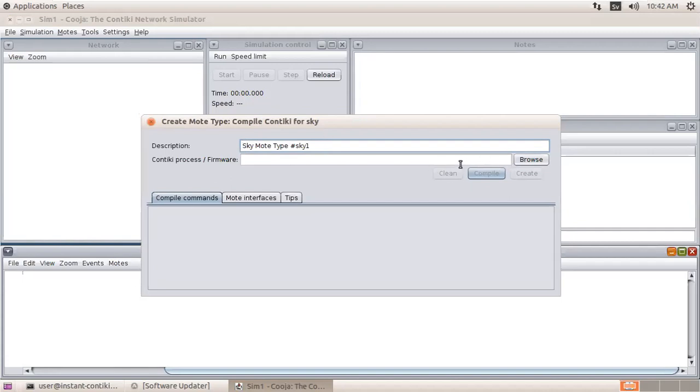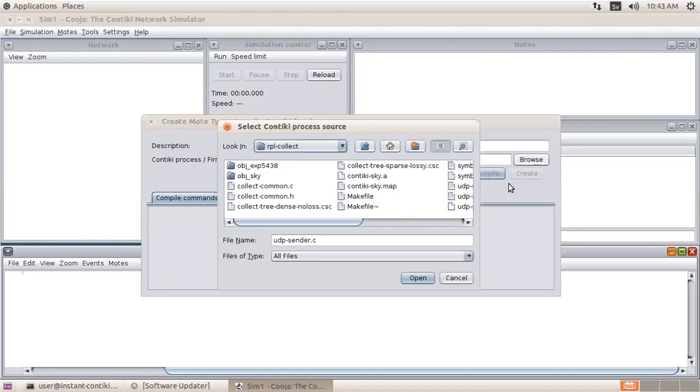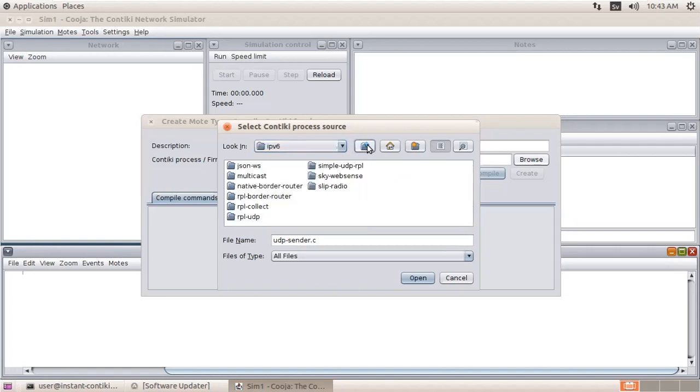Now for that sky mode, we need to upload the technique basis on which that sky mode is going to perform operations. It could be the routing protocol, right? So what we are going to do is we are just trying to use any of these protocols.